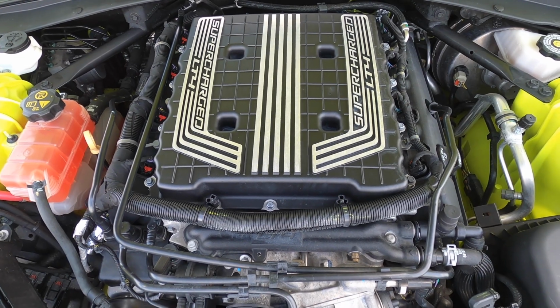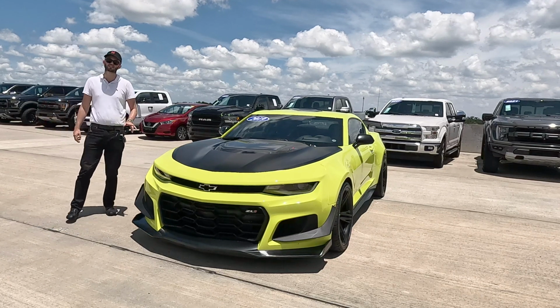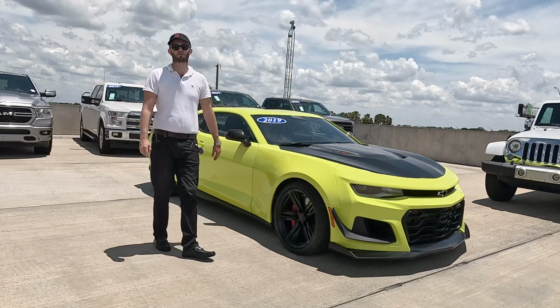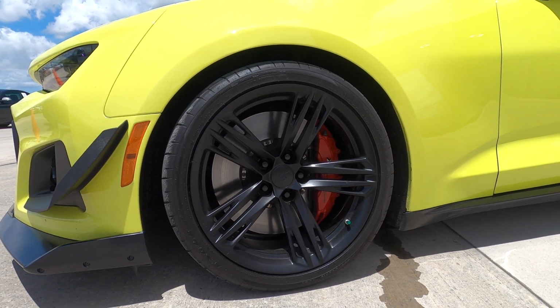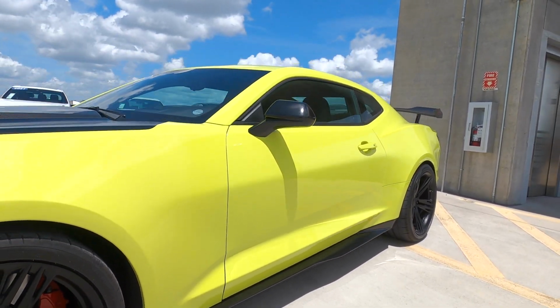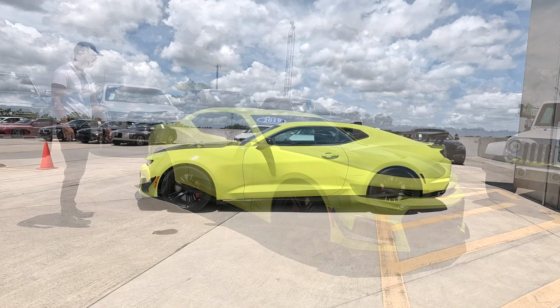This one's paired to a 6-speed manual transmission with an option for a 10-speed automatic transmission, reaching 60 as low as 3.5 seconds and a quarter mile at 11.4 seconds at 127 miles per hour. These wheels are going to have a 305/30/19 up front with a 325/30/19 out back. The red brake calipers housing 6 pistons in the front, Brembo brakes, a 2-piston in the rear, and racing is